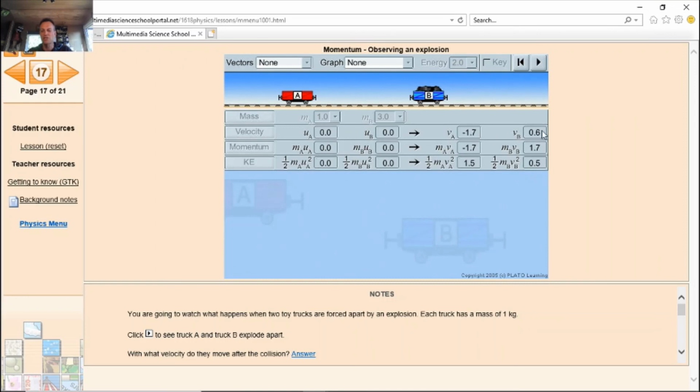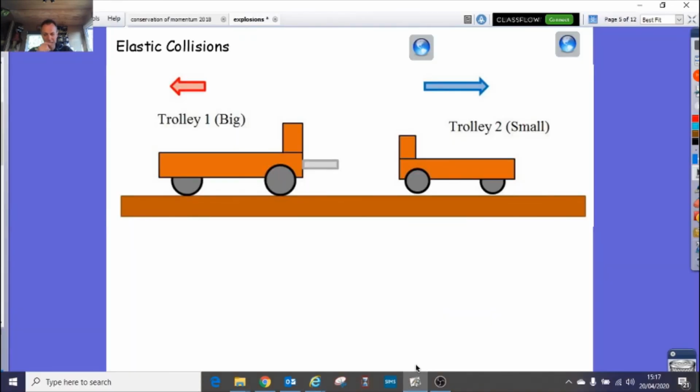But when you look at the speeds, apart from a bit of rounding, they are in the ratio of 1 to 3. It should be 1.8, it's not quite there, but that's a rounding issue. This one should be 3 times slower than that one, because the momentum has to be equal before and afterwards. And this is the key behind explosions and momentum. So getting back to here,